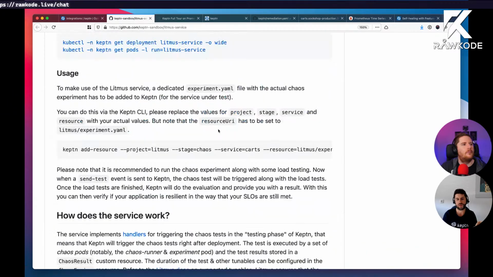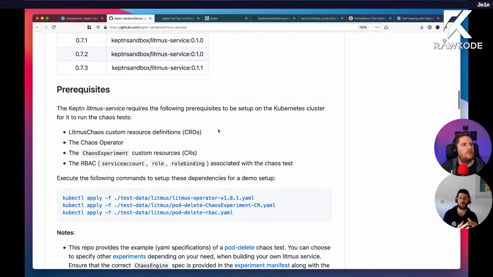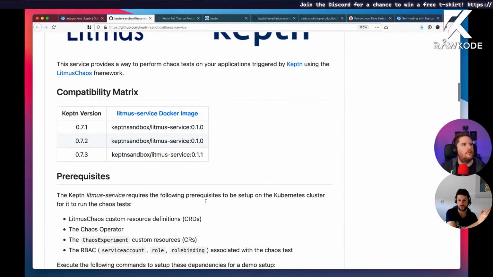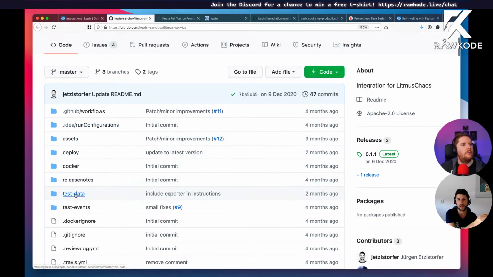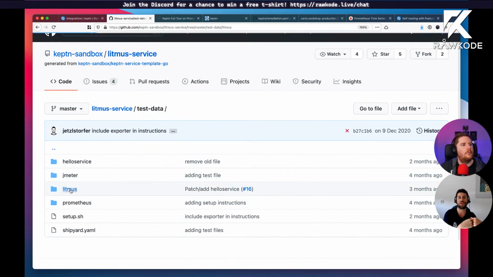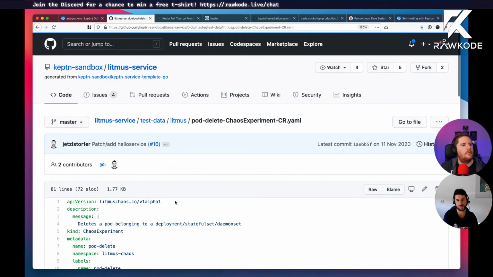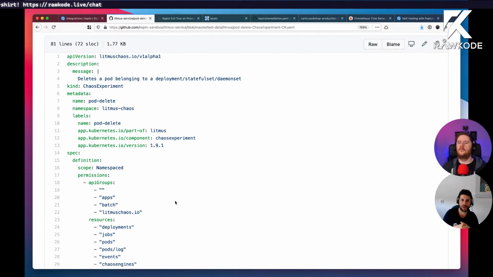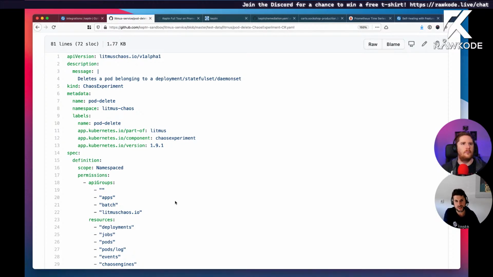But what we built with Litmus, or how we combined Litmus, is that whenever we enter a testing stage in Keptn, we don't want to execute only performance tests, or just hit our services with some load. We also want to introduce chaos to our services, because in production, not everything is always sunny weather. There might be some problems in production, and we can already simulate these problems by shifting left and doing this in previous phases. So by introducing either a chaos stage in Keptn or just doing it in a pre-production